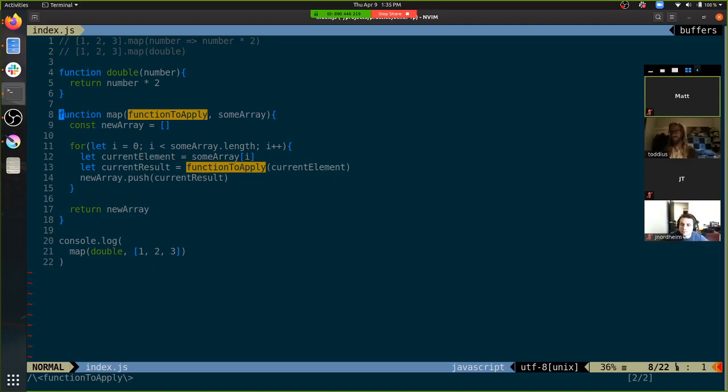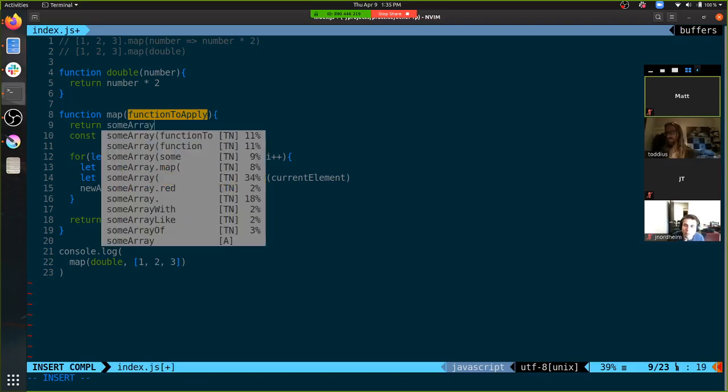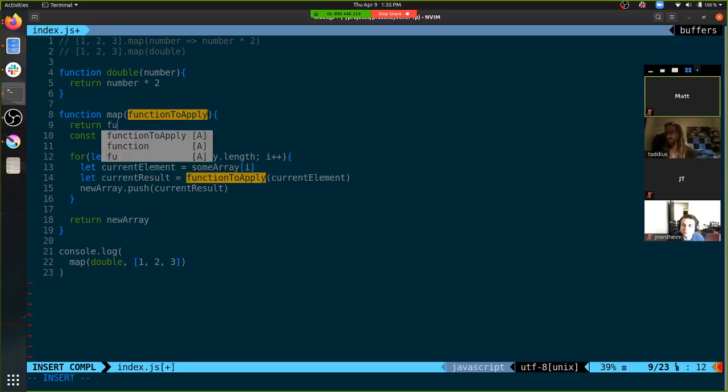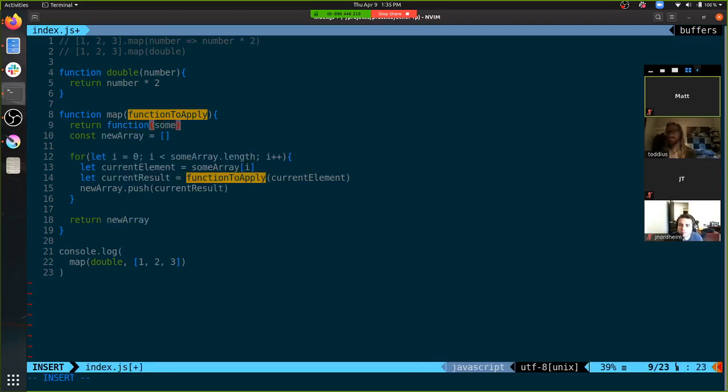So what map actually does is it only takes in that function to apply. And what it returns, what do I call that? Some array. It returns a function that takes in some array,